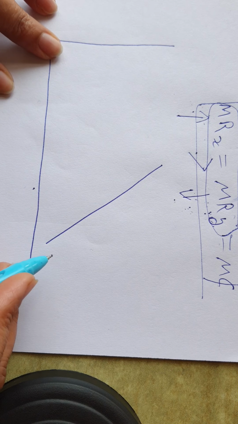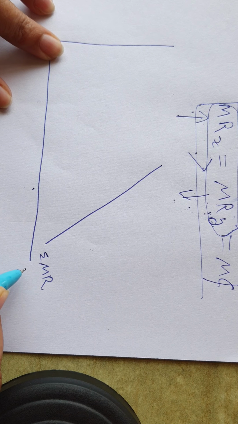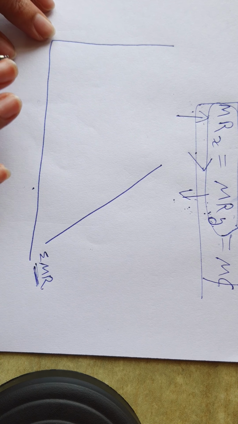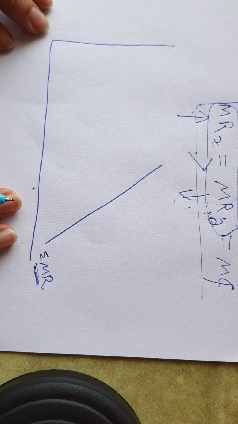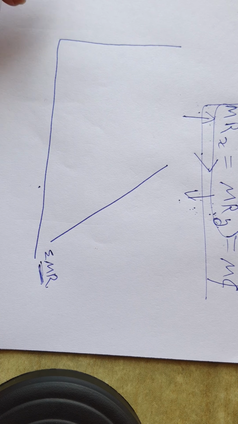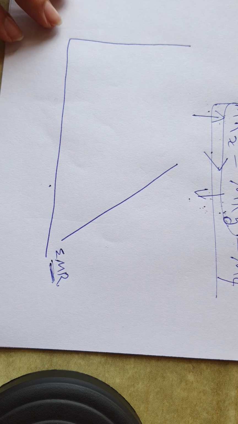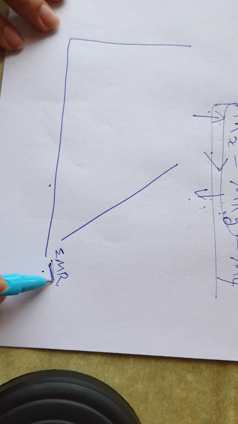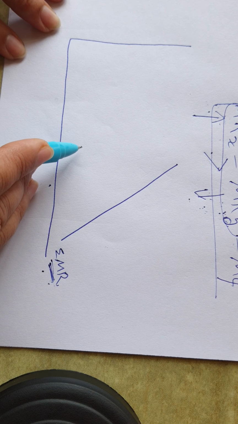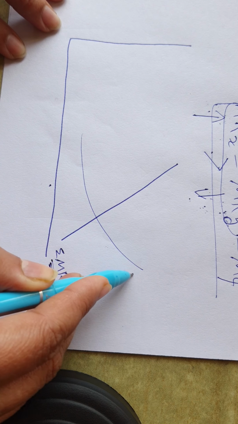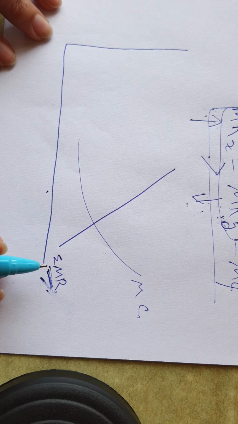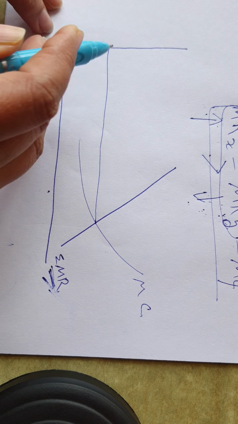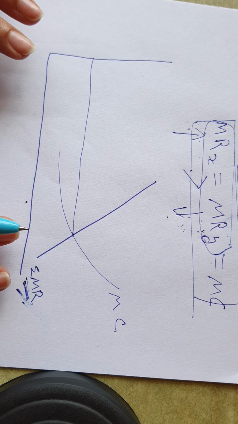This is your total of marginal revenue curves. Means this is a total of all the marginal revenues, whether you are taking example of 1 commodity or 2 commodity or 3 commodity. So you are adding all the marginal revenue curves, and you will get this. And this is your marginal cost. So this is the point where marginal revenue is equal to marginal cost. So you have got this point. Now